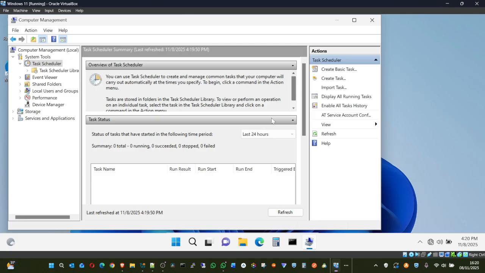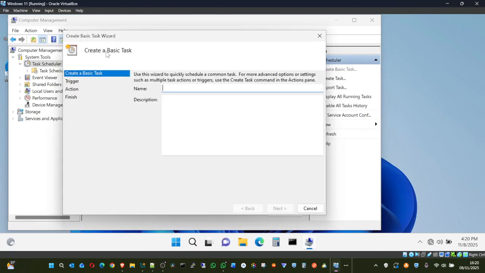Task scheduler. So many applications that we install, your antivirus, your calendar for Outlook, majority of them, once you set that you want your antivirus, your endpoint protection, to scan at a particular interval on such a day and such a time, it comes to this task scheduler to create that task. And you can see Create Basic Task. By clicking right here, it says create a basic task.